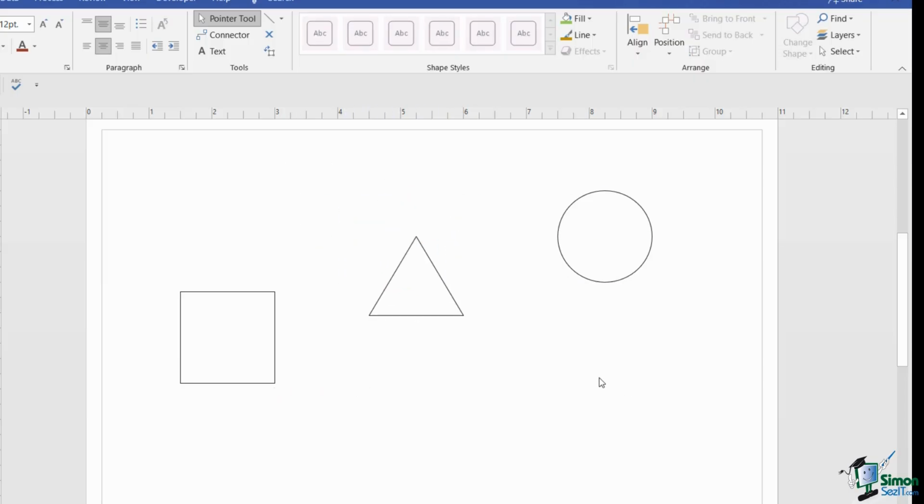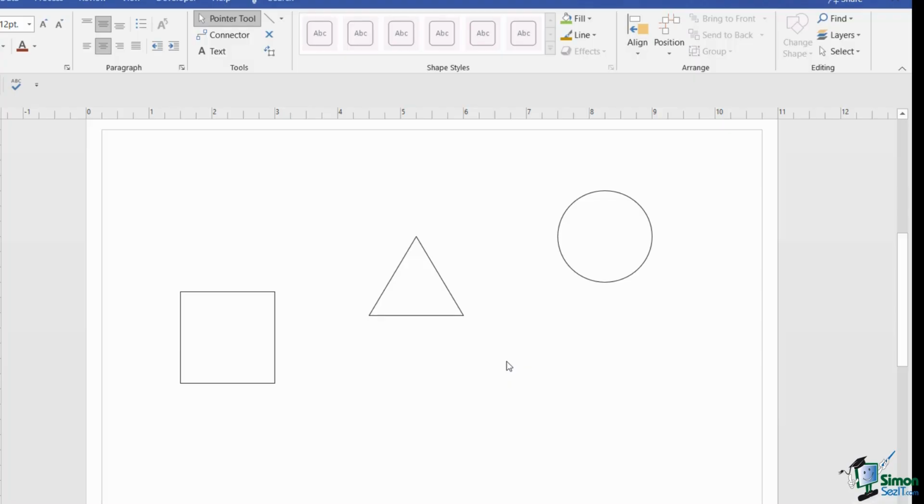Now I'm going to have a bit of a problem here because I want to connect the square to the circle, but the triangle is in the middle. So essentially I would need to go through that triangle. So we need to work out a way to draw around an obstacle. Now we're going to do this using something called connectors, but before we do, let me show you a bad way of doing this. So if I want to connect the square with the circle and avoid the triangle,